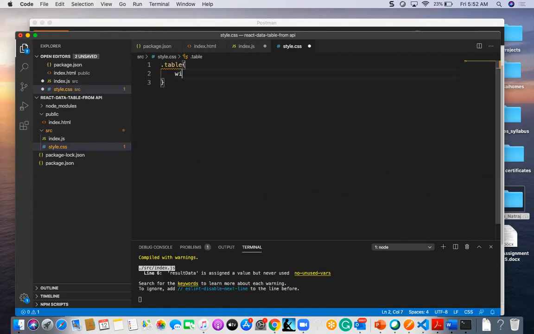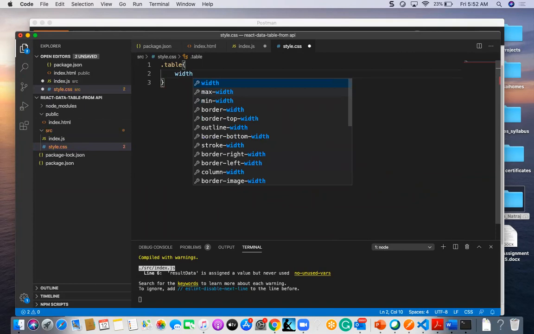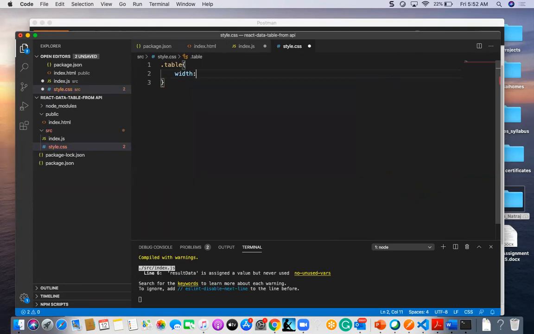I am going to give a width of 100%, a height of 100%, and also a background color, maybe white or something.